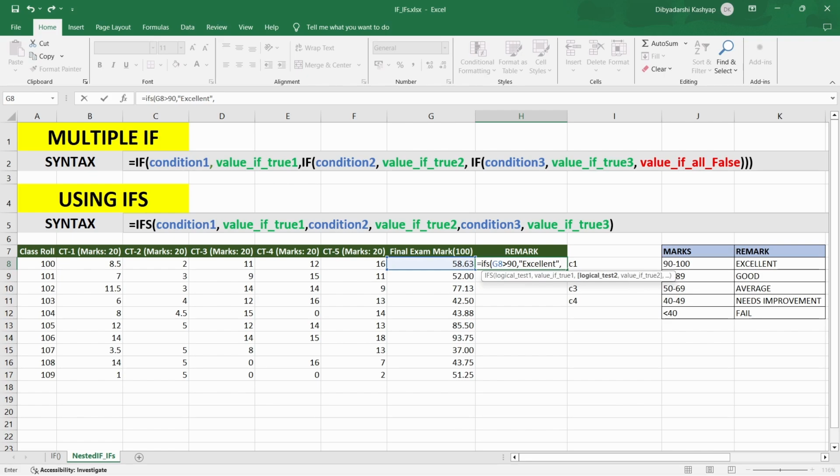Then comma, the second condition, that is if marks is more than 70, comma, the value if it's true, it's good, comma, the third condition, that is if marks is more than 50, then the value is average,